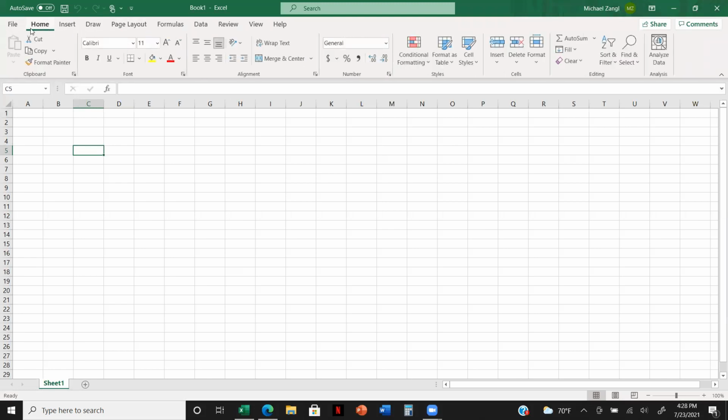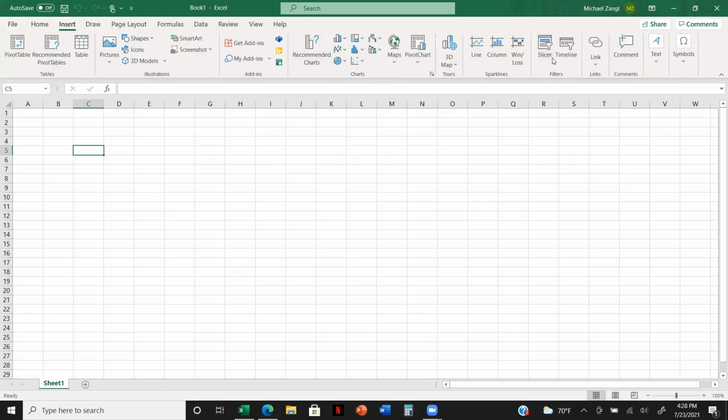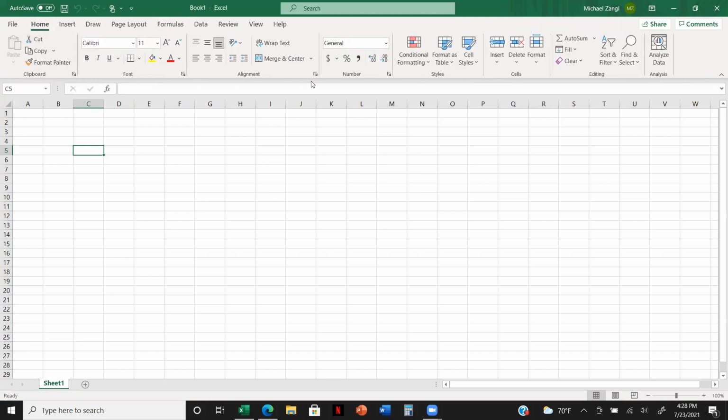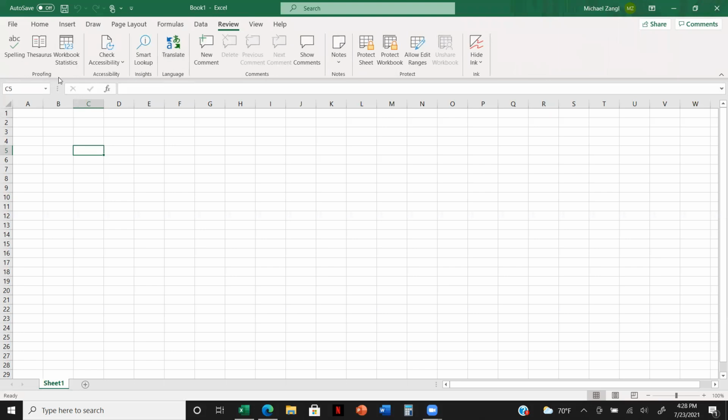Now, the thing that pops up, the thing that's right here, is called the ribbon. So there's a home ribbon. There's an insert ribbon that goes all the way across. There's a draw ribbon, a page layout ribbon, a formula ribbon. And that ribbon has different things called groups. So you can see these little lines that separate each of the groups. So there's a clipboard group under the home tab on the ribbon. There's a font group, an alignment group, a number group. If I went over to review, there's a proofing group, an accessibility group, a language group, comments, notes, protect, and